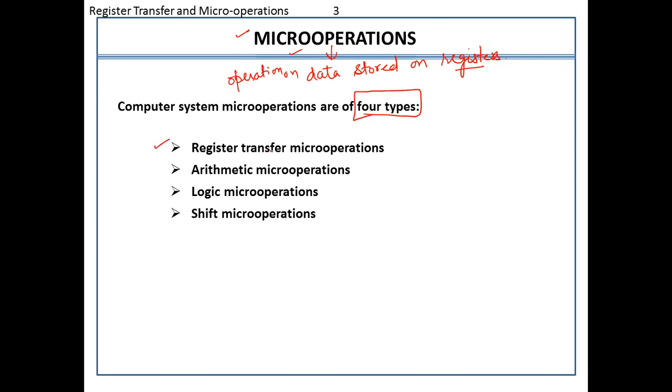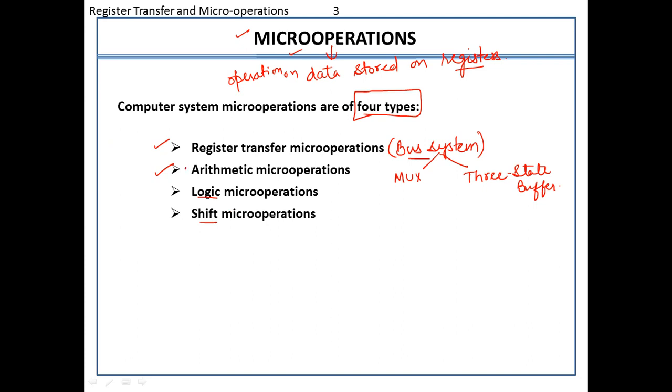The very first one is the register transfer microoperations, where we learn the bus system designs because we are transferring the data in the form of buses only, right? And we have explored two areas of how we can design the buses, by using the multiplexers and by making use of three-state buffers. So this we have already covered. Today we will focus on the arithmetic microoperations, and in the later sessions we will discuss various logic microoperations as well as the shift microoperations.